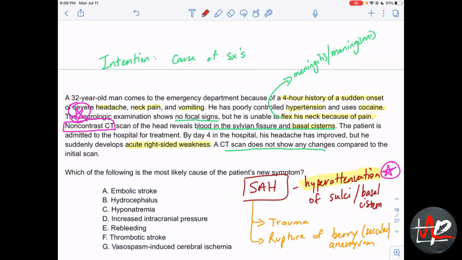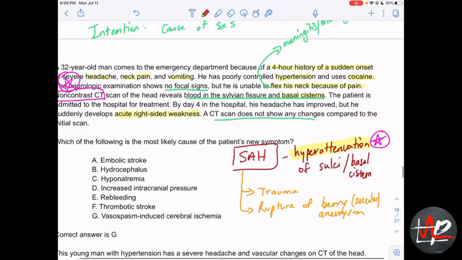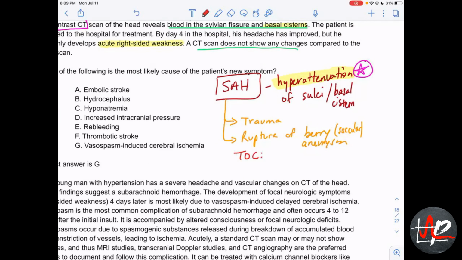subarachnoid hemorrhage. So what if a non-con CT doesn't show you any blood in the basal cisterns or anything that would give you the inkling of a feeling that it's actually a subarachnoid hemorrhage? Well, then the next step is going to be to do a lumbar puncture. So test of choice, TOC, is going to be non-con CT. And then if that's equivocal, meaning it doesn't really tell you one way or another, it doesn't confirm or deny that you have a subarachnoid hemorrhage, then you're going to do a lumbar puncture. So that's going to be super high yield for Step 2,